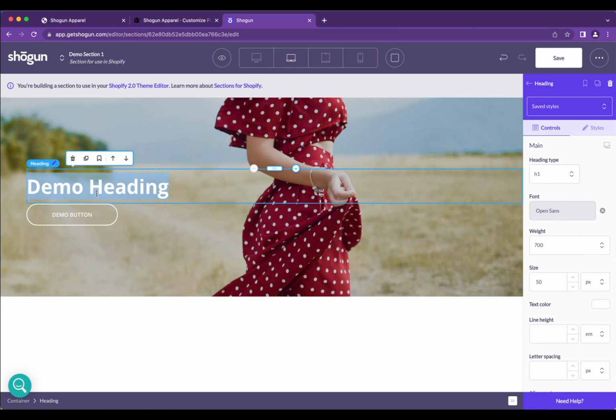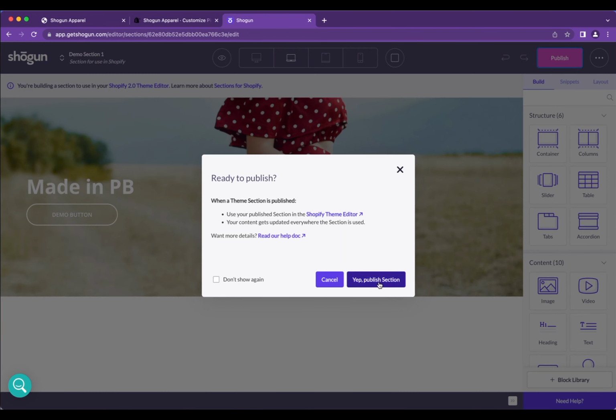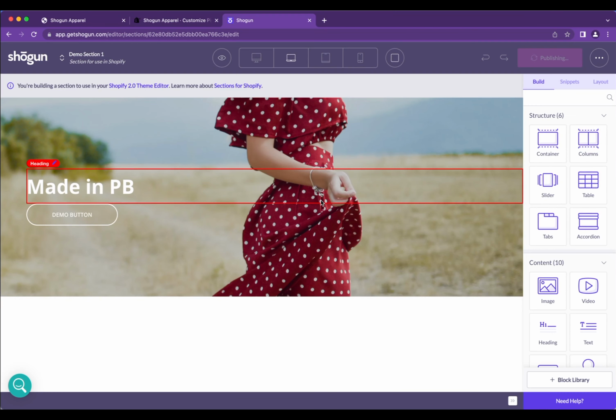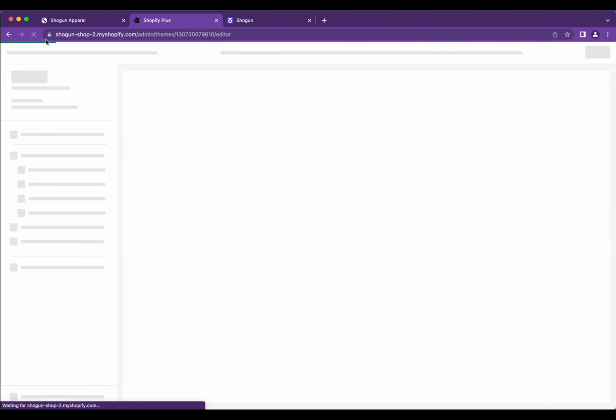I can change this to say made in PB. I'm going to hit save. I'm going to publish it. And what this is telling me is that I'm not actually making this show up live to the world. What I'm doing is I'm making this available in the Shopify theme customizer. So once this finishes publishing, which it has here, now when I come back and I refresh in my theme customizer on Shopify's end,